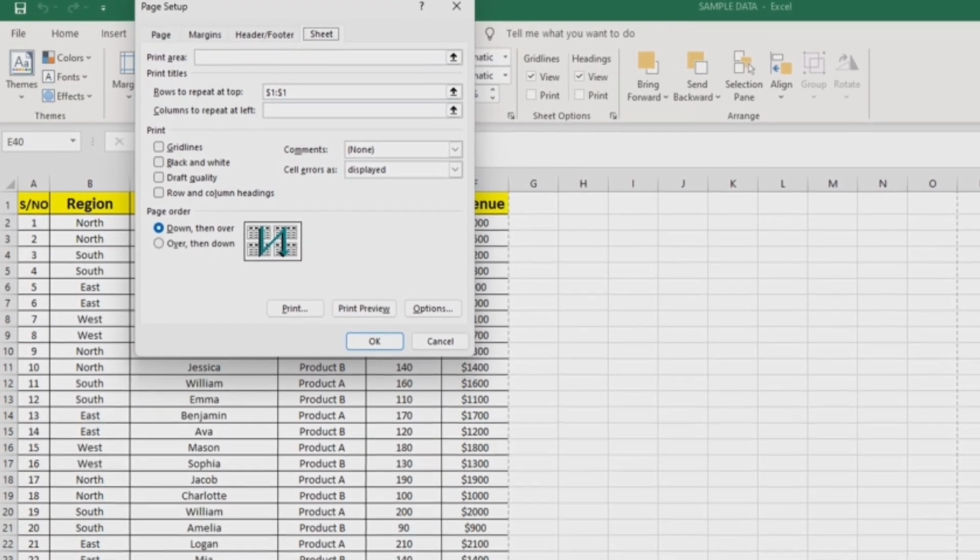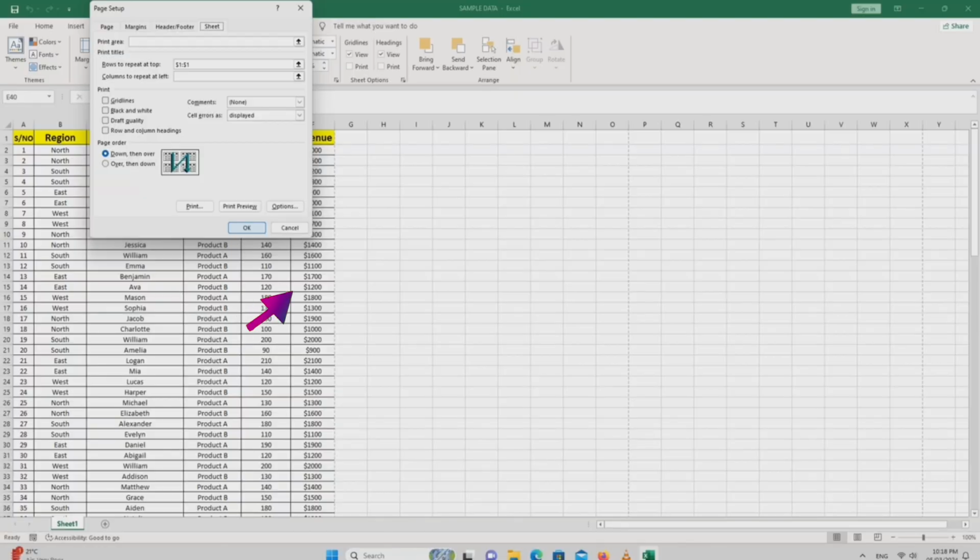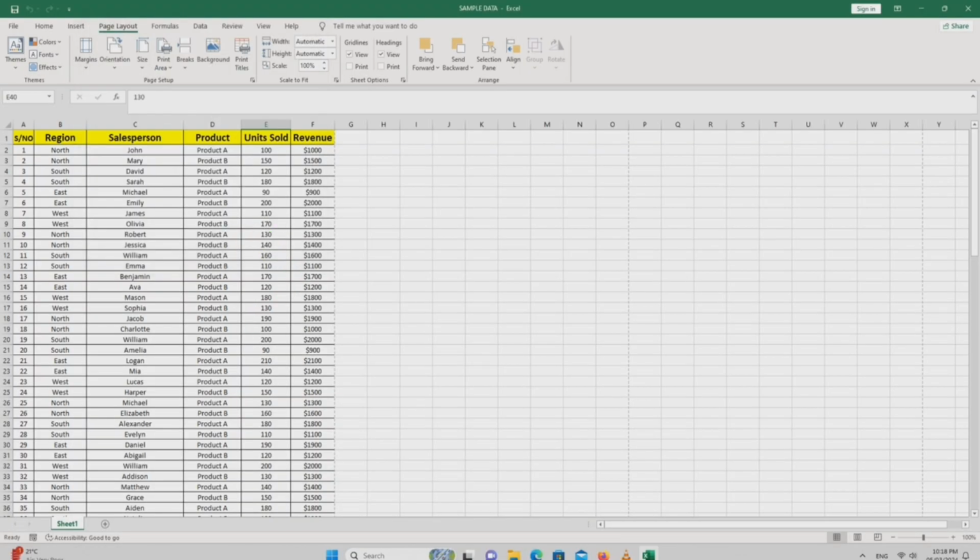Finally, click on OK to apply this setting to all sheets in your workbook. Now, whenever you print any sheet from this workbook, the titles will be included at the